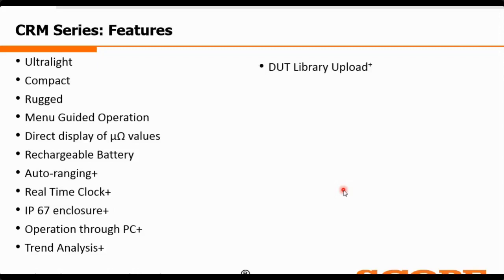So next time whenever you are conducting the same test on the same circuit breaker, you don't need to give the inputs again. It will be automatically saved. You just need to enable that option, and you will have those details and can directly move on to the test. So this is the importance of the DUT library upload. And all the models are reliable up to 765 kV.